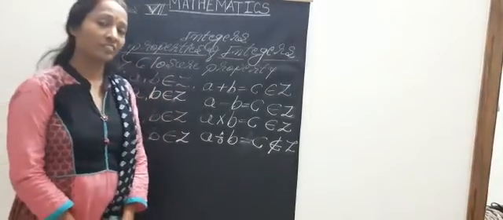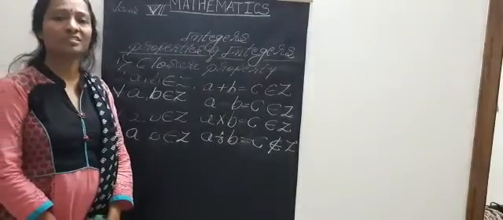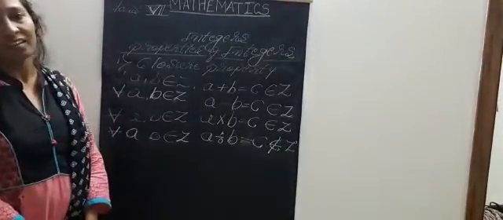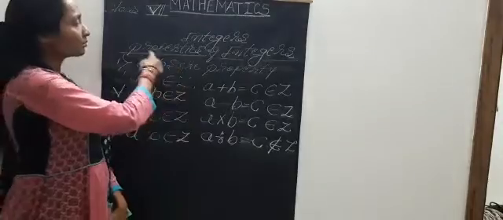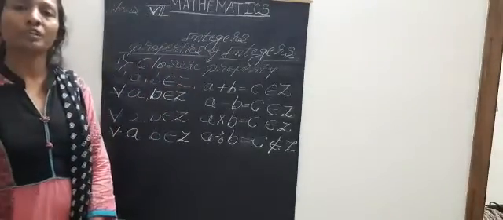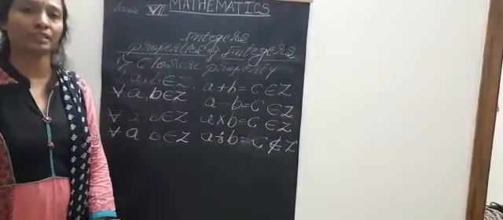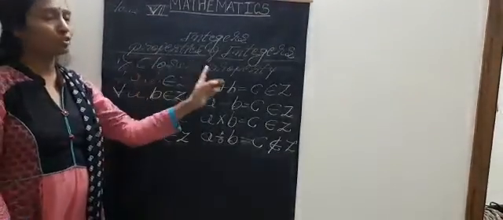Last video, in the very first video, we discussed the definitions of the number system as well as integers. In this session, today we will discuss the properties of integers. There are 6 main important properties of integers. In that, the first one is the closure property. Let us discuss the closure property.